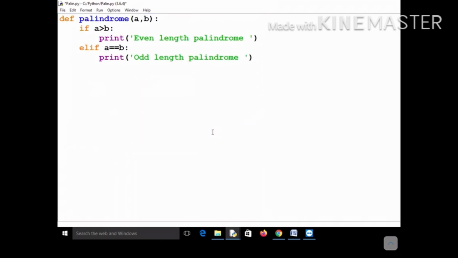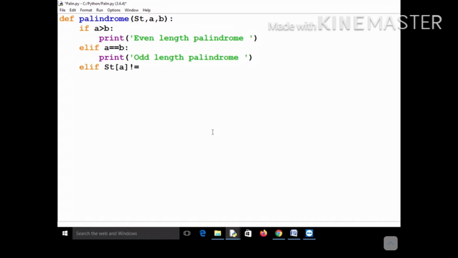Okay, now what is the last case? Another termination condition. So there will be three termination conditions: A greater than B, A equal to B, and then if... you have to pass the string as well, otherwise you will not be able to write this termination condition.